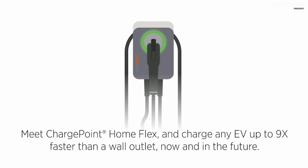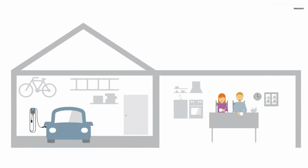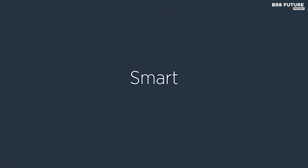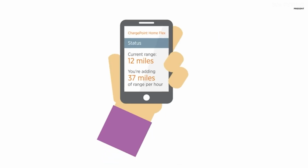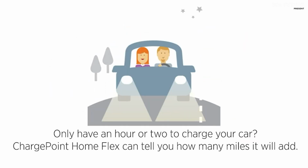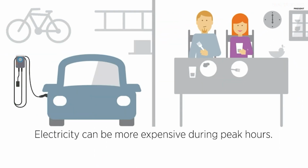Upgrade your EV charging game with the ChargePoint Home Flex Electric Vehicle Charging Station, our number 2 on the list. This Level 2 240-volt charging station charges any EV up to 9 times faster than a regular wall outlet, with flexible amperage settings up to 50 amps. With the ChargePoint app, you can charge faster and smarter by setting a schedule to charge during the cheapest electricity hours, setting reminders so you never forget to plug in, using Alexa voice control, and seeing all your ChargePoint charging